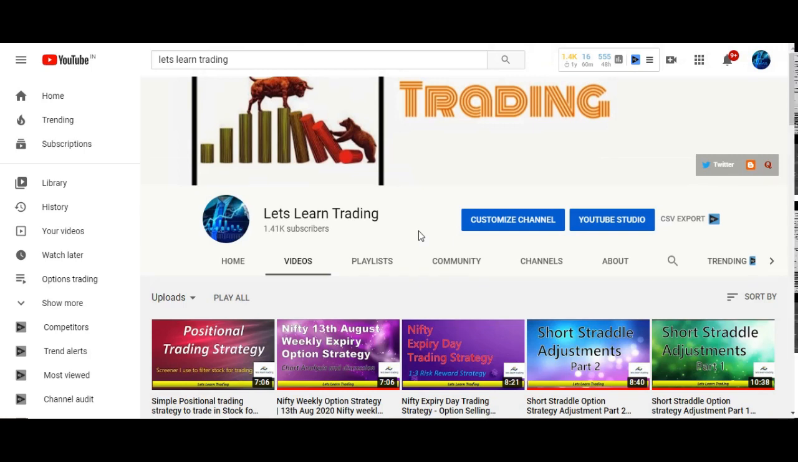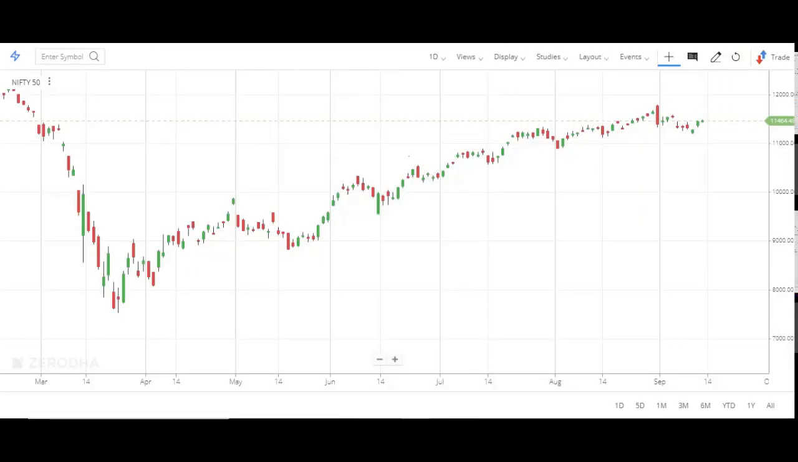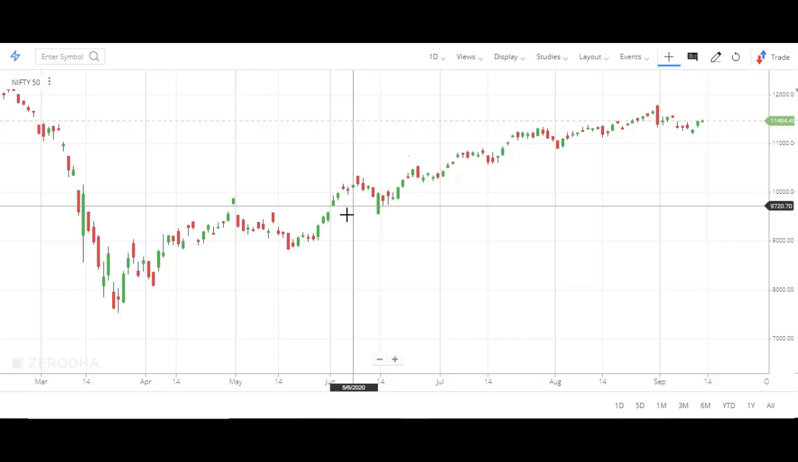Okay, so today we are going to have a look at a put calendar spread. We are going to look at an at the money put calendar spread, which is a slightly bullish strategy. Okay, so by looking at